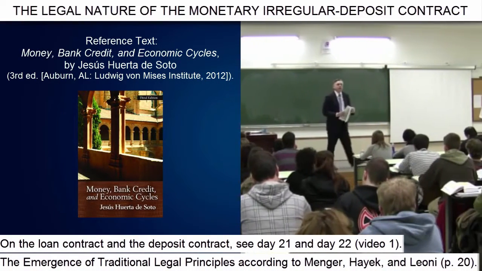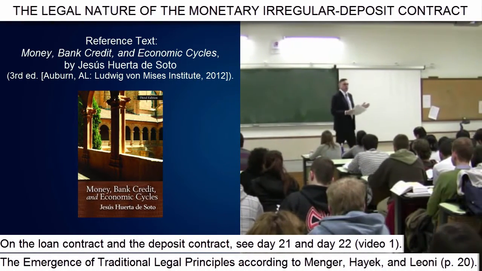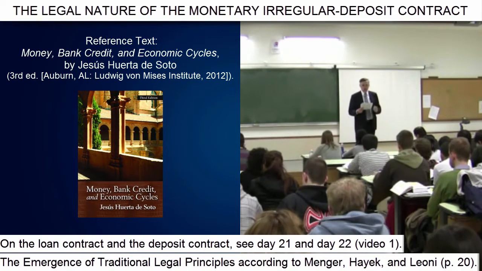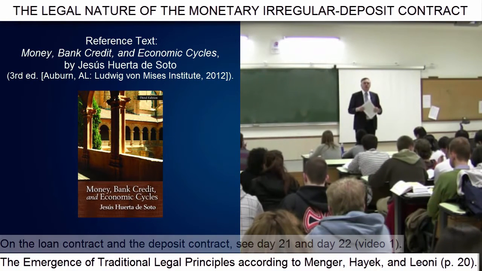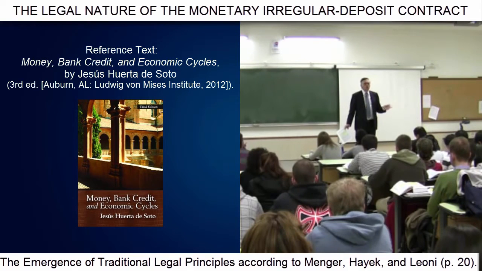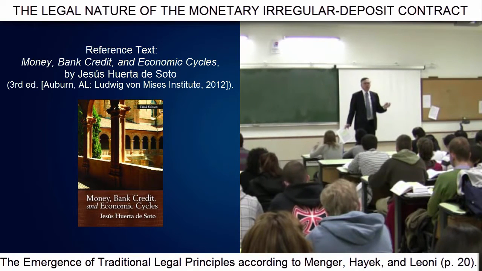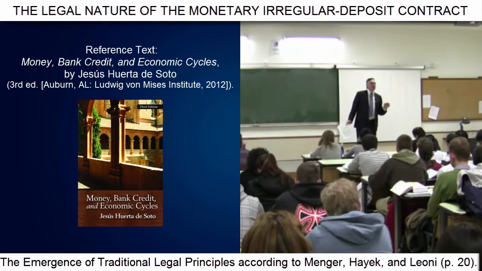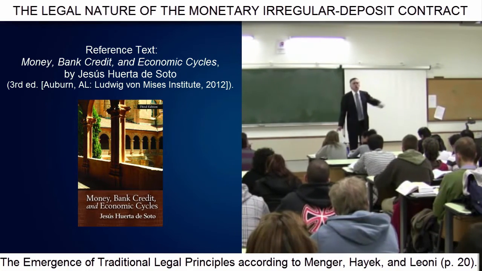I have described two distinct contracts with their different characteristics and consequences, and everyone has understood. But who invented these contracts? How have they emerged? We must make a slight digression, a brief analysis of the spontaneous process by which institutions